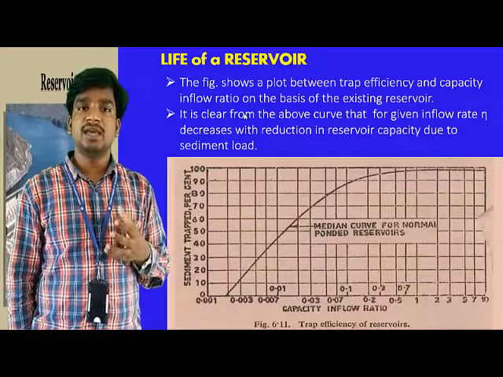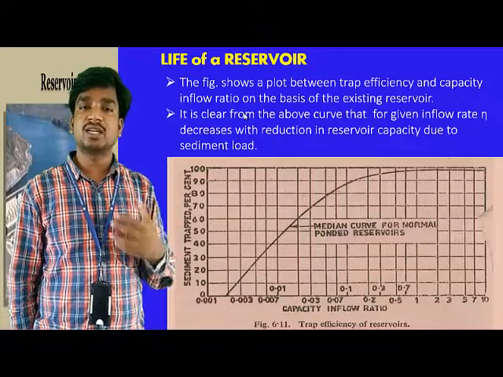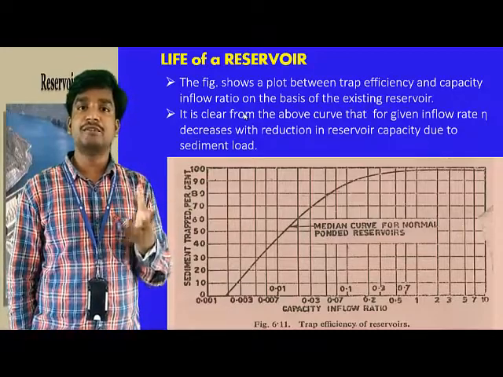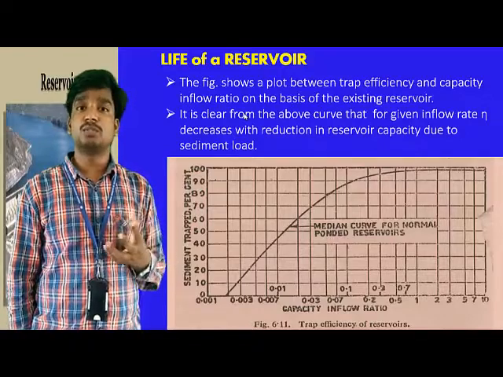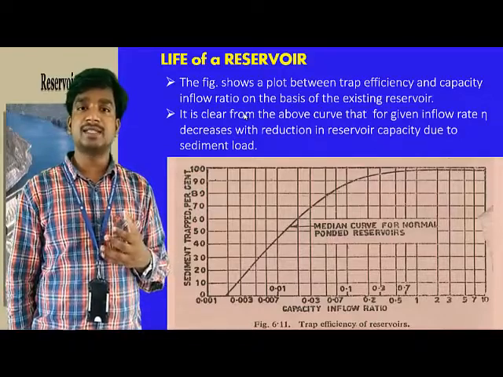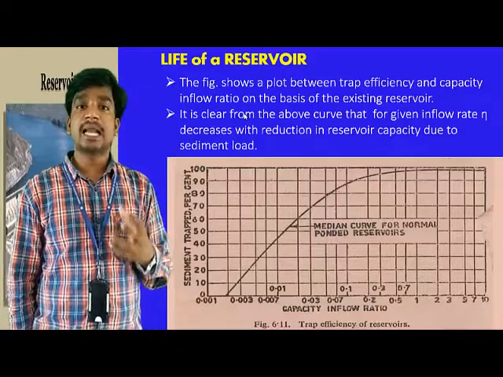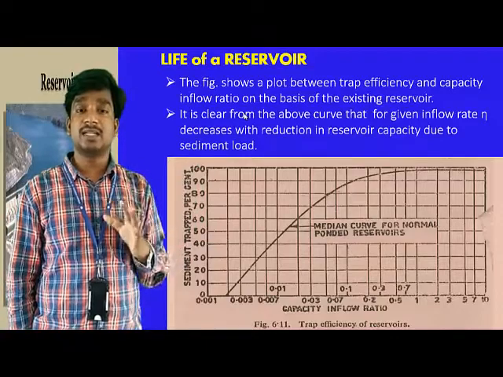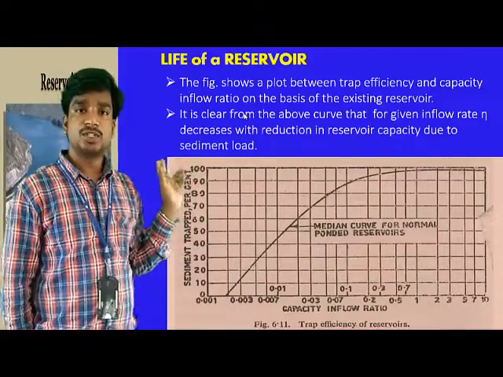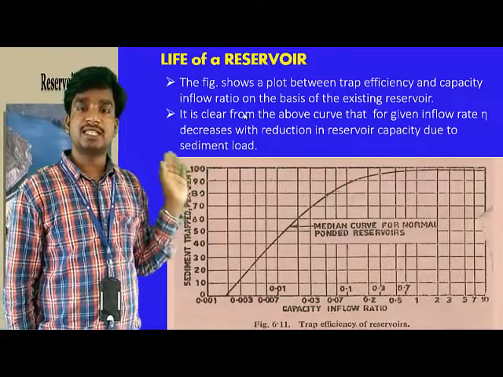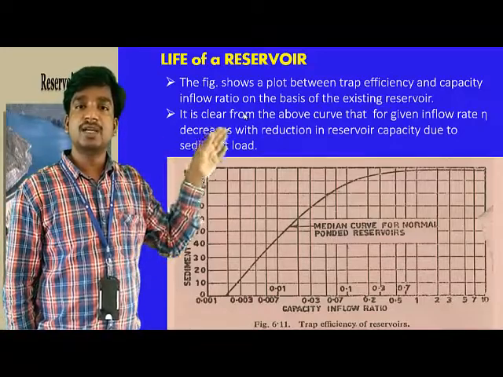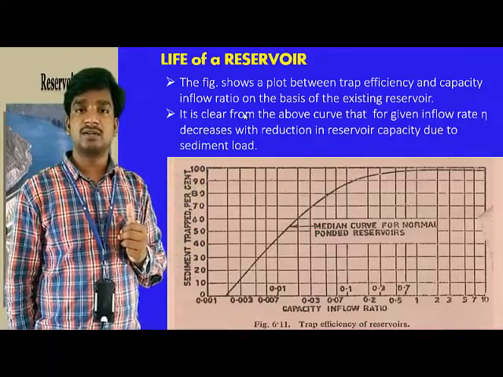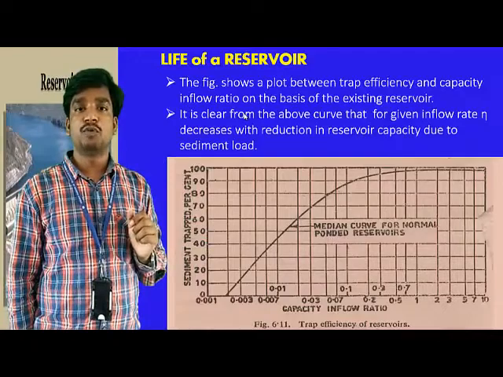See what generally happens when a reservoir or a dam is newly constructed: at the initial stages, the trap efficiency is more, the silt formation is more. As time passes, the trap efficiency will decrease for a given flow rate, right? That is the condition you need to understand here. So this indicates that trap efficiency is decreasing with decrease in the storage capacity of a reservoir for the deposition of silt for a given inflow rate.